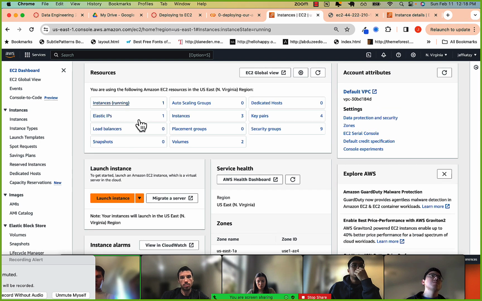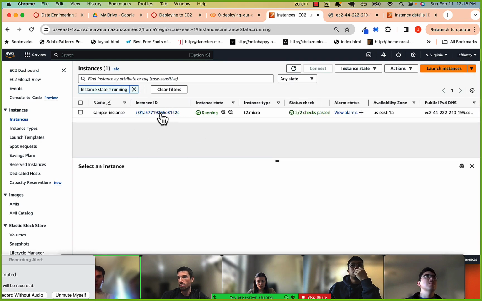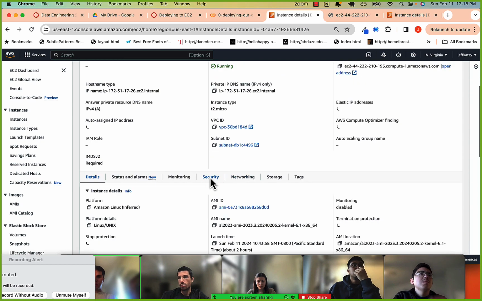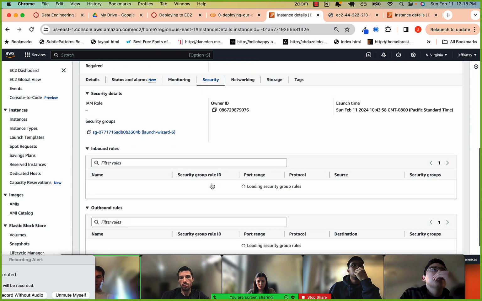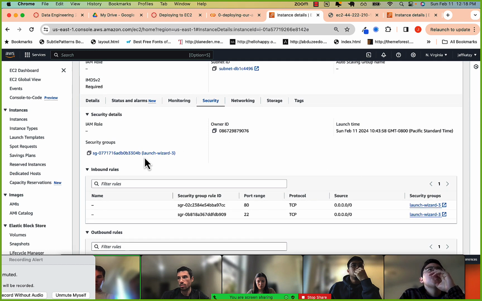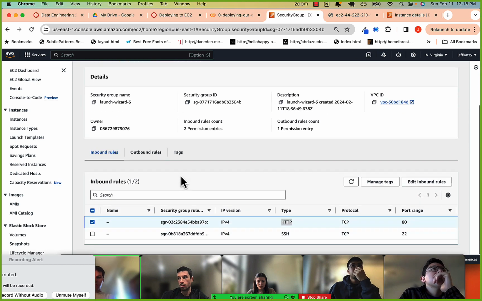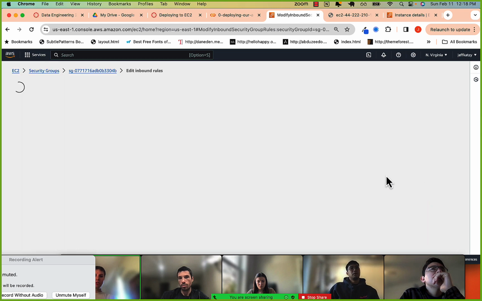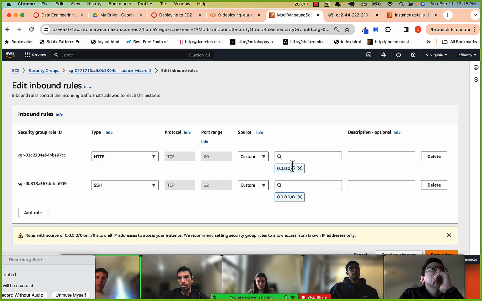Let's go to our instances. Click on it. Then go to security. And then from here, click on the security group. And now click on edit inbound rules. And make sure that we are allowing basically anyone to access from